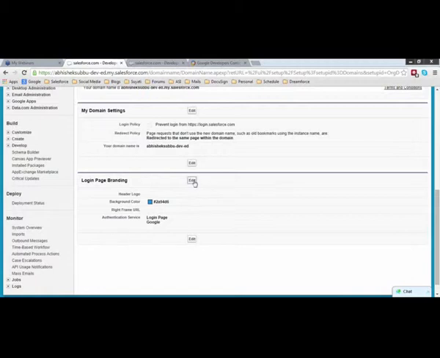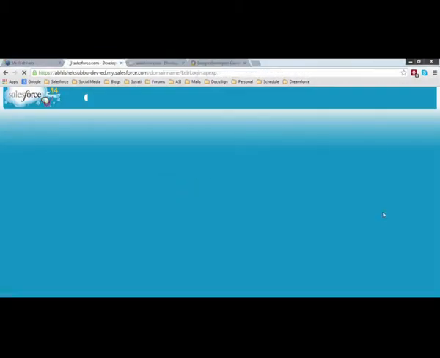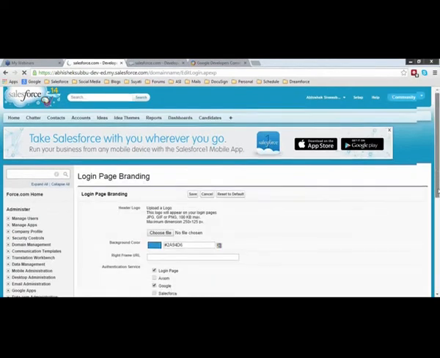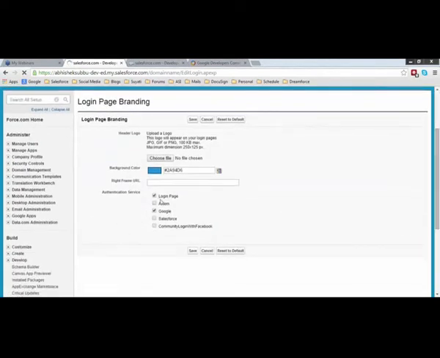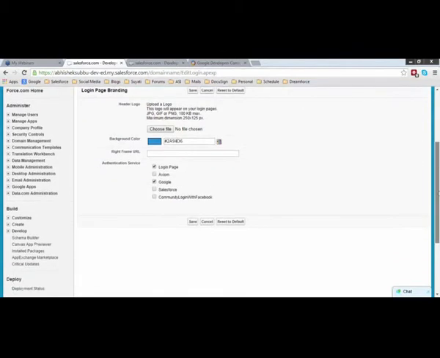click edit, and what you would see in a very traditional fresh org is only the login page checked here. Okay, and all the auth providers that you have set in the auth providers screen will be shown as checkboxes here. So here we had set up Google, right? So we need to bring that login with Google button to the Salesforce homepage. So just make sure that this checkbox is checked and you just save it up. Okay. And now